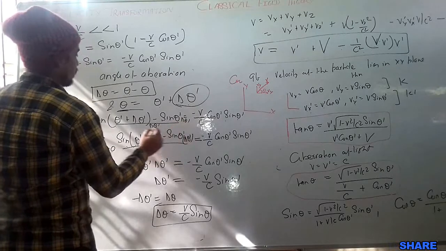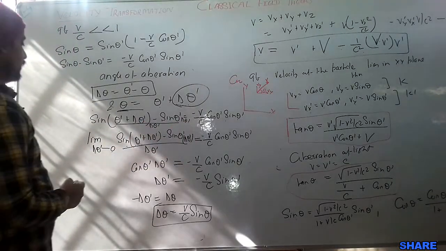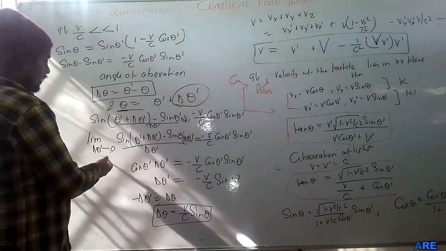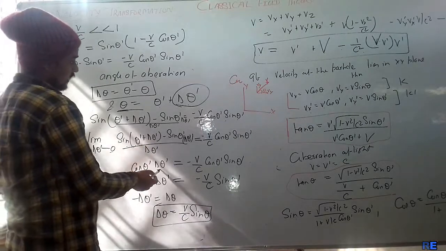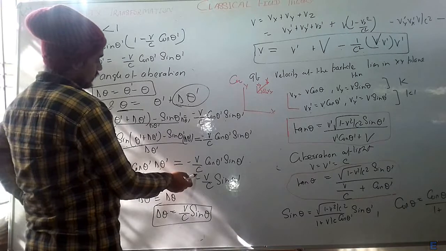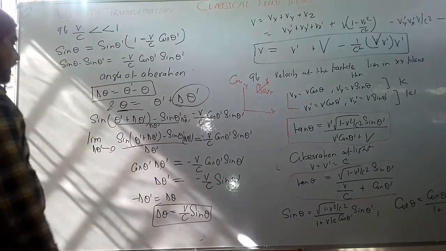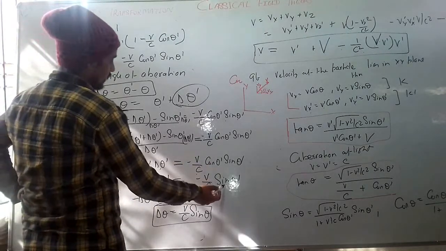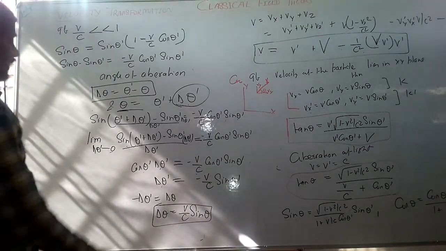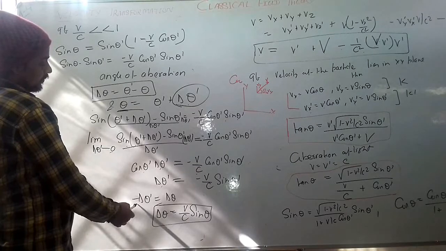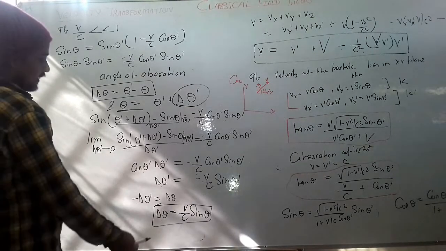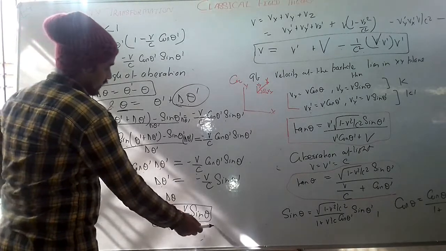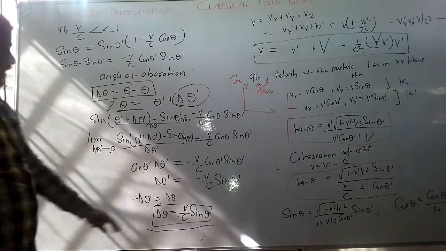And when we take the limit, this whole term becomes cos theta dash delta theta dash equal to minus V by c cos theta dash sin theta dash, and cos theta dash cancels out, we will get delta theta dash is equal to minus V by c sin theta dash, and we are taking delta theta is equal to minus delta theta dash, and we will get the angle of aberration delta theta is equal to V by c sin theta. This is called aberration of light, and this is the angle of aberration of